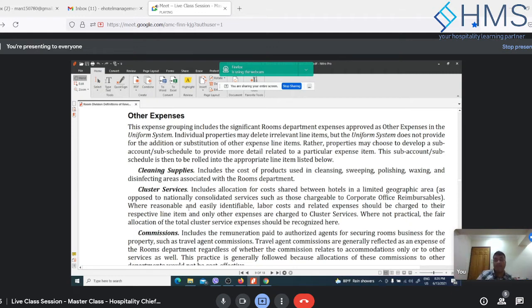So we would ask sales and marketing how many reservations are done. We would ask front office how many check-ins, check-outs, how many guest requests. For housekeeping, we would ask how many rooms they clean, how many turn downs they do, how many amenity setups they did, how many of all those different kinds of productivity measures that we define. And then we would use those tools to match with the FTE and combine them to calculate a productivity per person, per FTE.